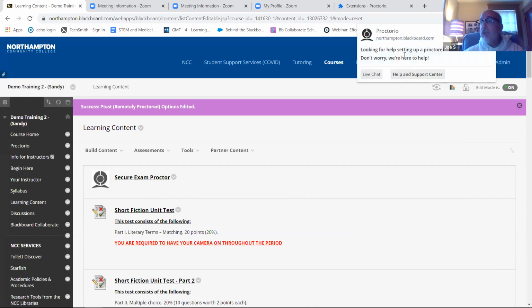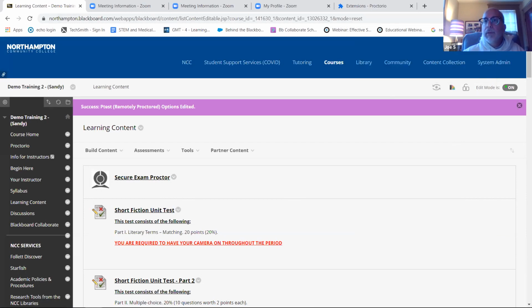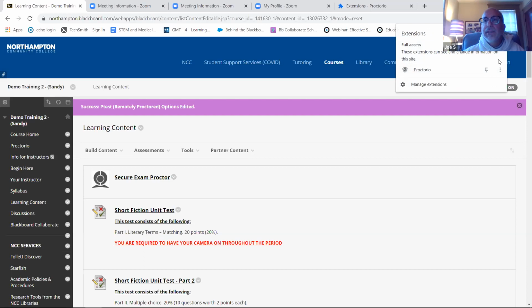And if they're not getting this, then we recommend that they reach out to Proctorio via support@proctorio.com, or if they're willing to go here to the puzzle piece and say, hey, I'm going to remove it and reinstall it, then they'll probably get a live connection again.